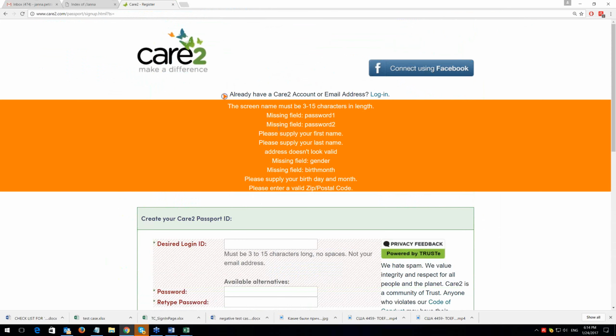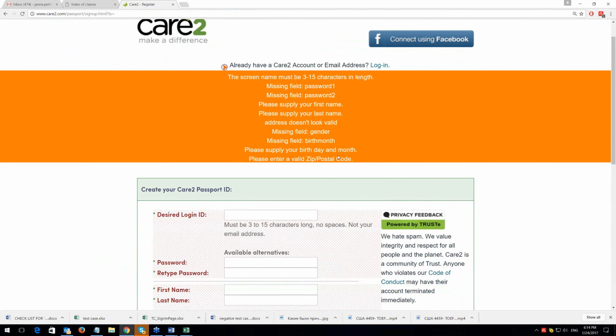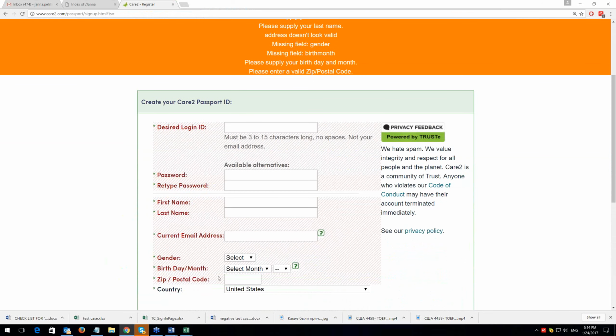You already see all those things. So this is not one entire error message, please complete the missing fields. But first of all, the title of each field changes to red color. Before, if you remember, it was black. Now everything is red.